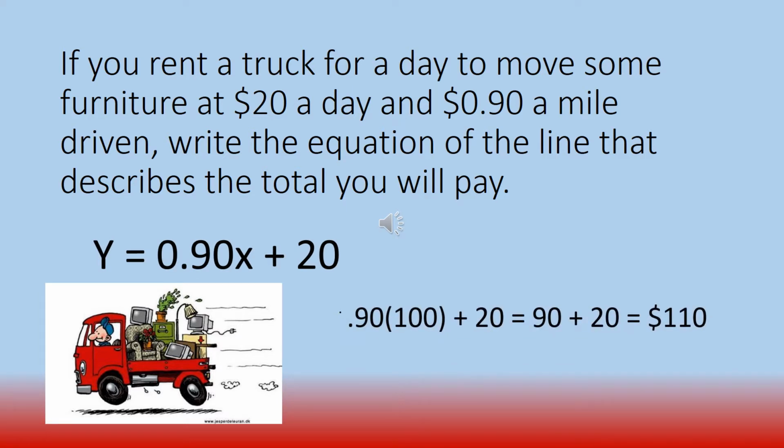Our slope is given by the 90 cents a mile. Every mile that we drive, we multiply that number of miles by 90 cents, and our y-intercept value is given by the $20 a day set fee. So our equation will be 0.90 times x plus 20. So if I drove 100 miles, I would pay 90 cents times 100 miles plus the initial $20, and I